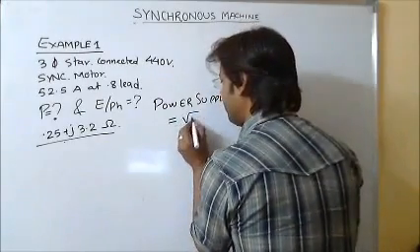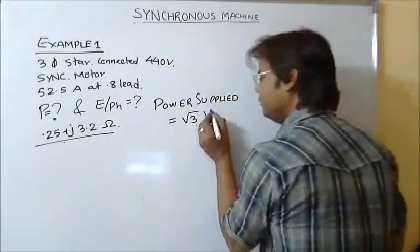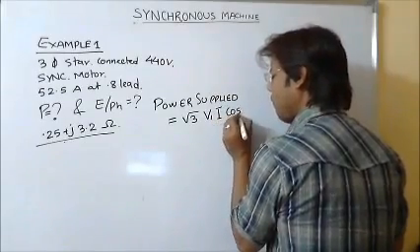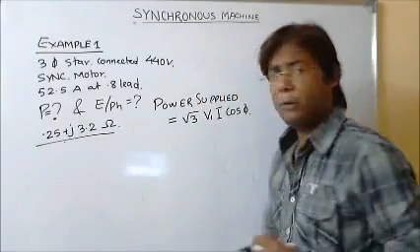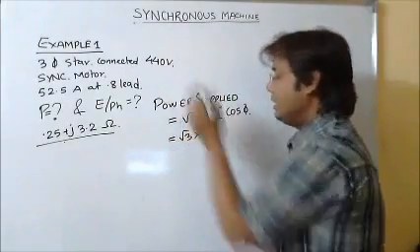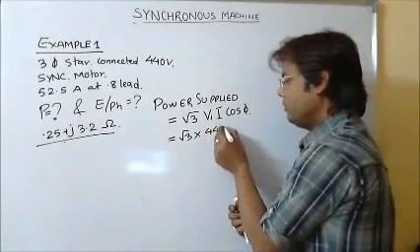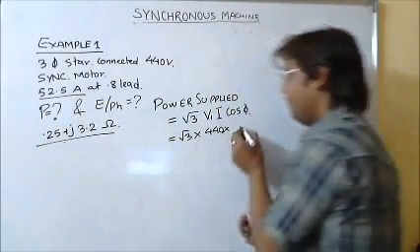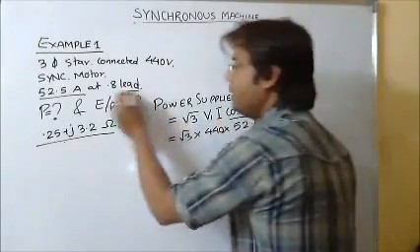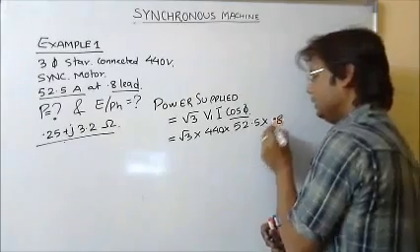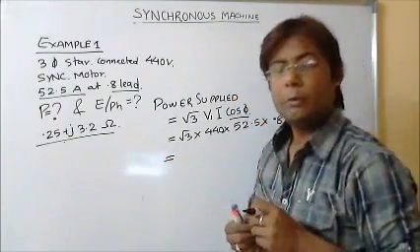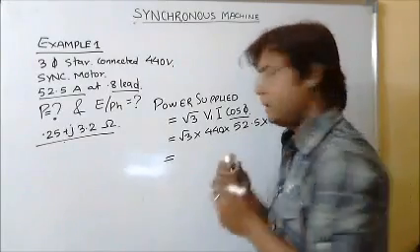Since it's a three-phase motor, root 3 will come. Putting the values, root 3 into V is 440 into the current 52.5 amperes into cos phi, which is 0.8, that equals